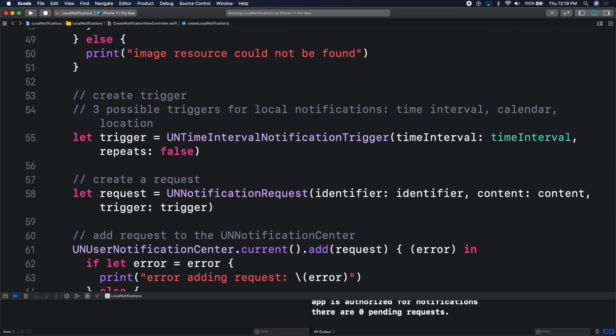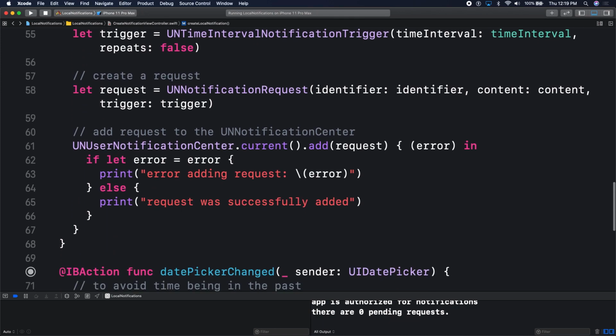Next, what trigger are we creating? Are we creating a location notification, meaning when somebody enters a region, we fire up our notification? Are we creating a calendar notification? Or are we creating the time interval notification? Those are the three. Next, like with our session and everything else before that, very similar paradigm, we create a